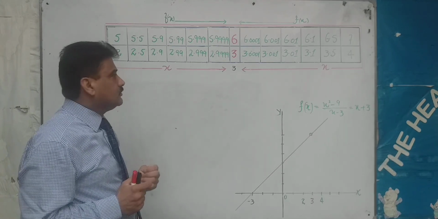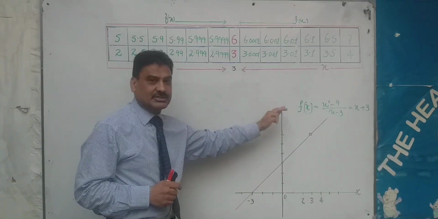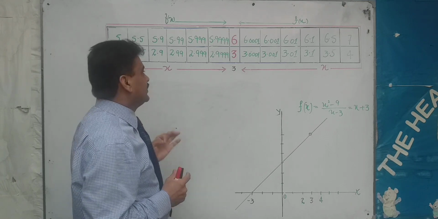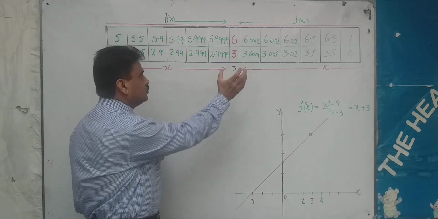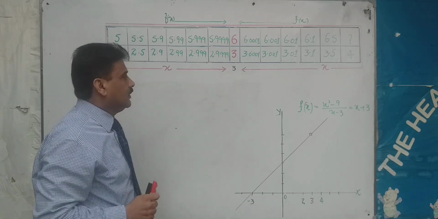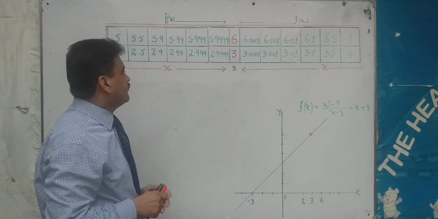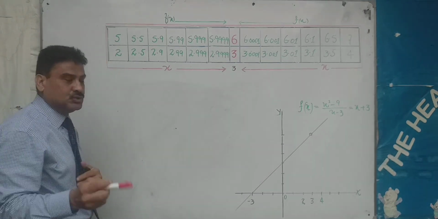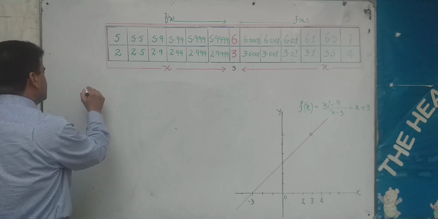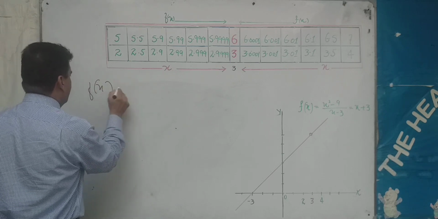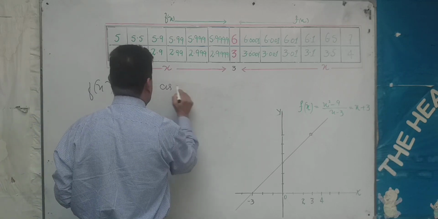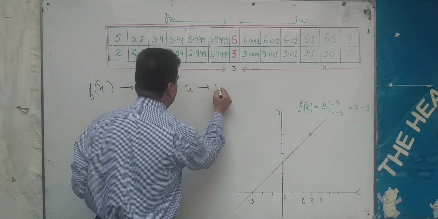We can't put x equal to 3 in the function directly. We just have to imagine what the value of the function will be as x approaches 3. So by using symbols, we can write the result: f of x approaches 6 as x approaches 3,